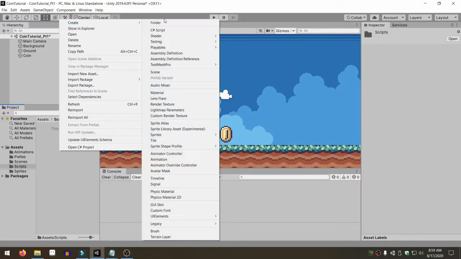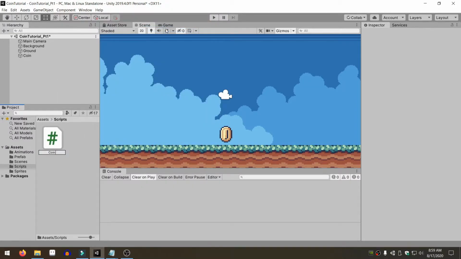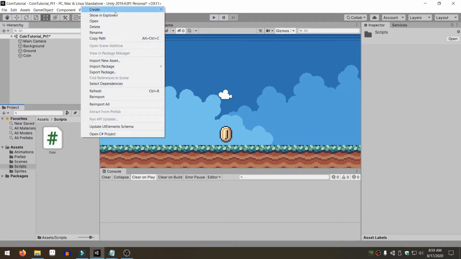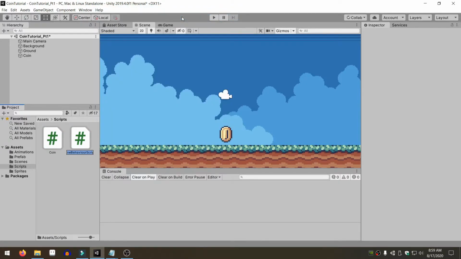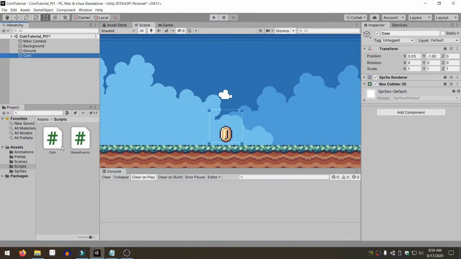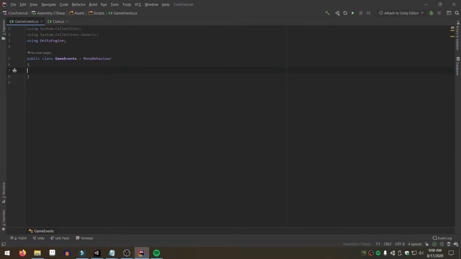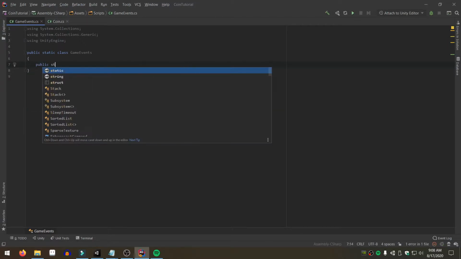Then we're going to go ahead and make two scripts. We're going to make one script called coin, and we're going to make a game event script, just like in the action video. And let's add the coin script to our coin. Okay, let's get rid of start and update. This is not a MonoBehaviour, so let's get rid of that. This will be a static class that doesn't get attached to an object, and we need to make an event